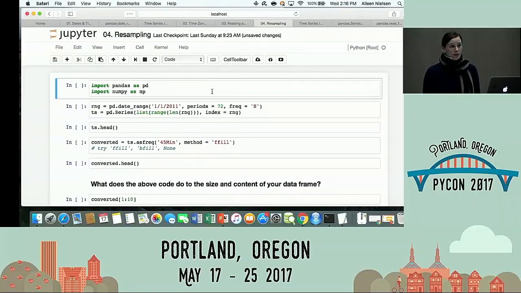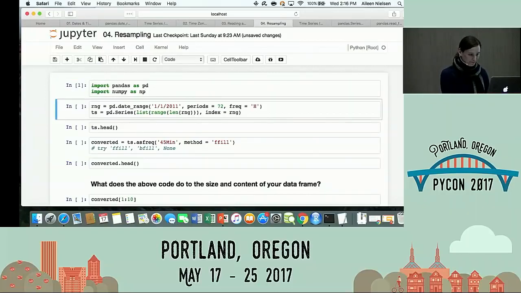Or maybe it's the other way, right? Maybe you have an irregular time series of some length. You grabbed data when you could, and from that, you'd like to have a more regular series, right? Don't tell me all the time, just give me that hourly snapshot, even if that's not how you collected the data. So if you want to do that, that's called resampling, and we're going to take a look at an example where you would do that.